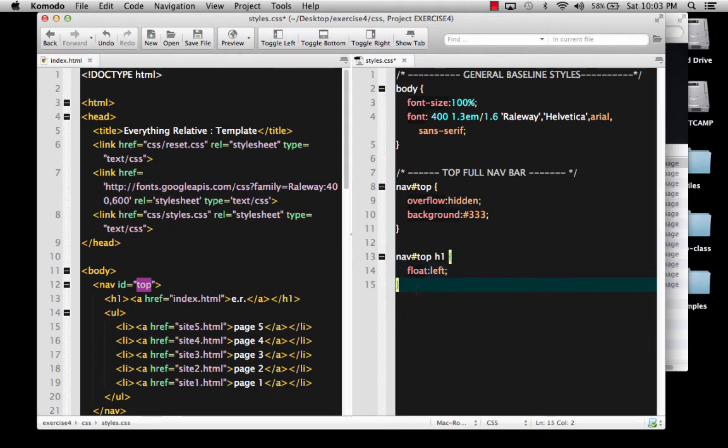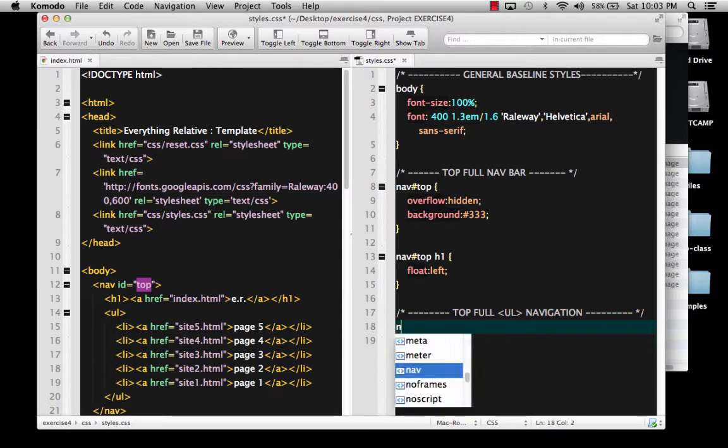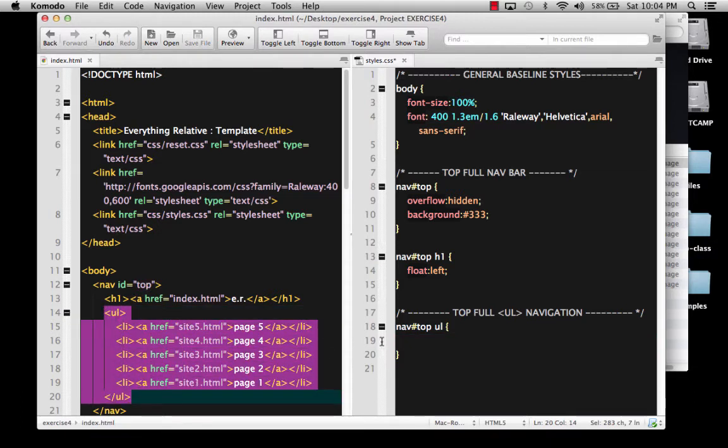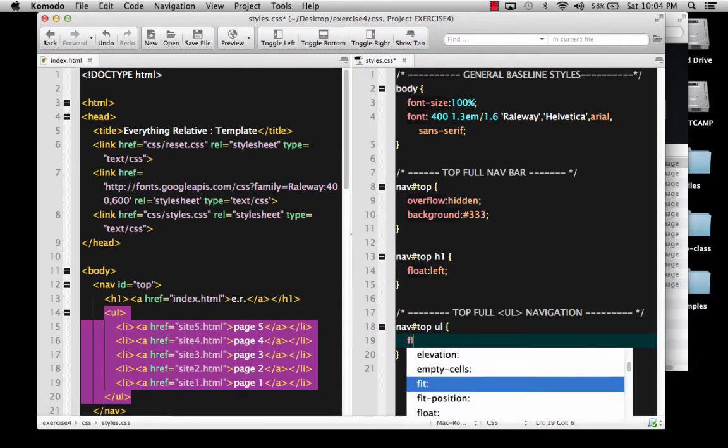Okay, then the next thing I want to do is come down here and make a rule. Because I'm going to be doing something for the unordered list down here, I'm going to create something that is specific to the navigation. So I'm going to write this comment here, and I'm going to say nav top, and we're going to say UL, because it's going to be this unordered list here, and we want to float the entire list, not just the list items. We'll deal with the list items in a minute, but we want to put the whole list over, so we're going to say float